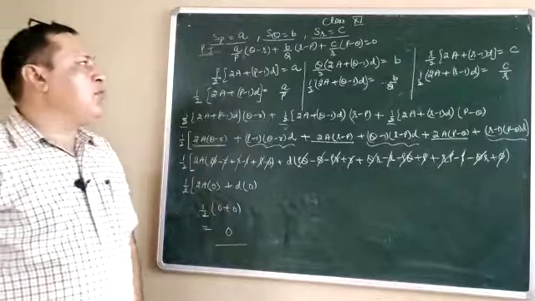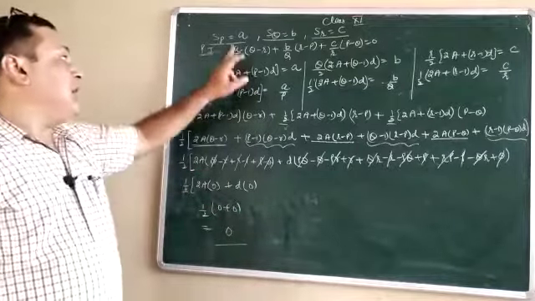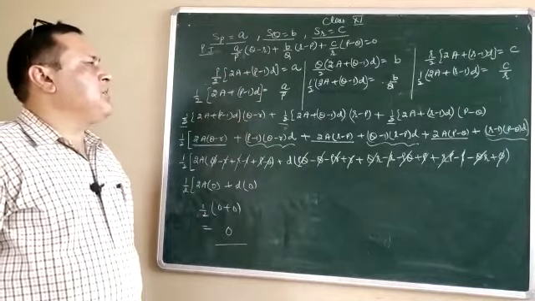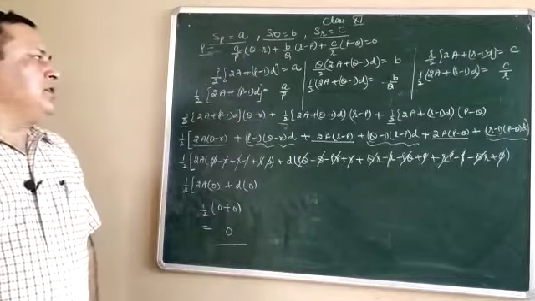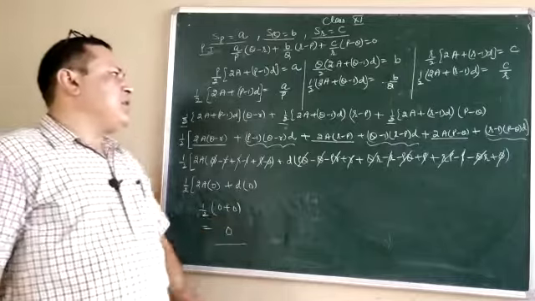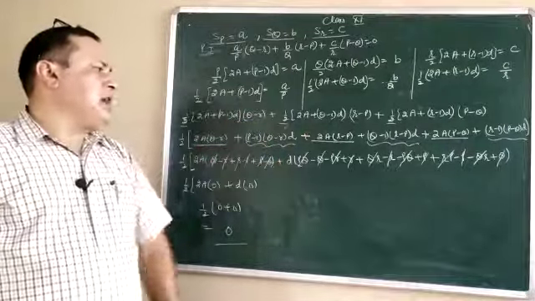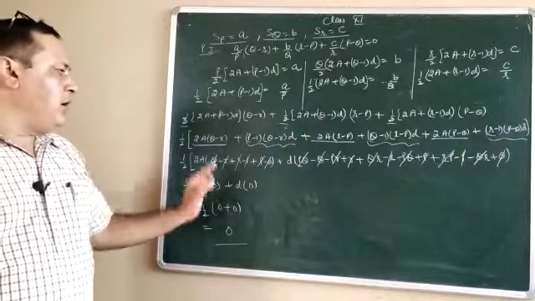This is the proof of the statement that a by p into q minus r, plus b by q into r minus p, plus c by r into p minus q is equal to 0. This is the concept you have studied in class 10. We have substituted the value and after that simplified, but be careful in calculation work.